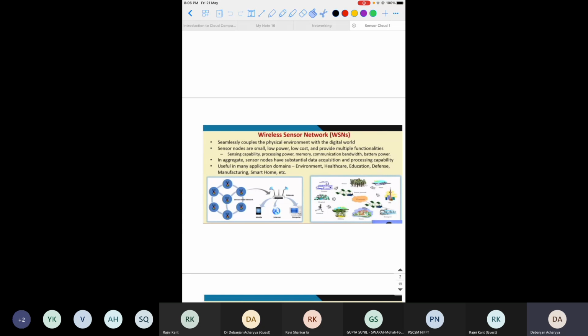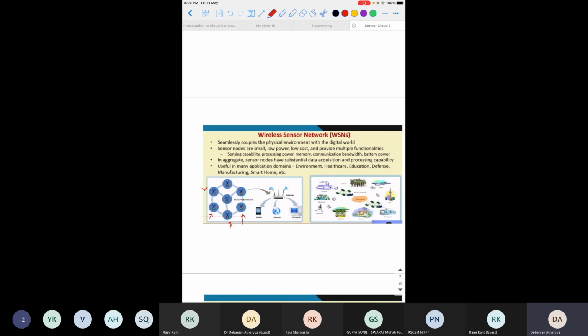There is a wireless sensor network which has different sensor nodes. You can see, these are the different sensor nodes, or sometimes some people also call them motes. These collect the information and digitize the physical data, or the analog data.